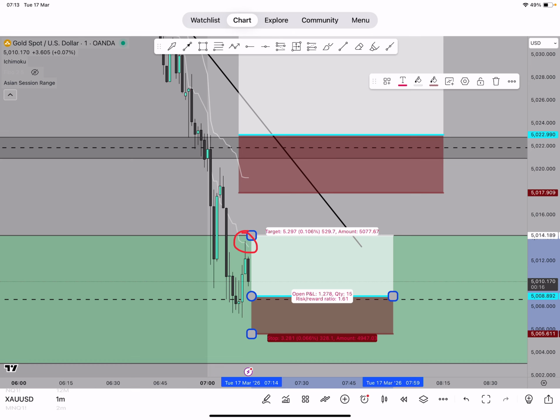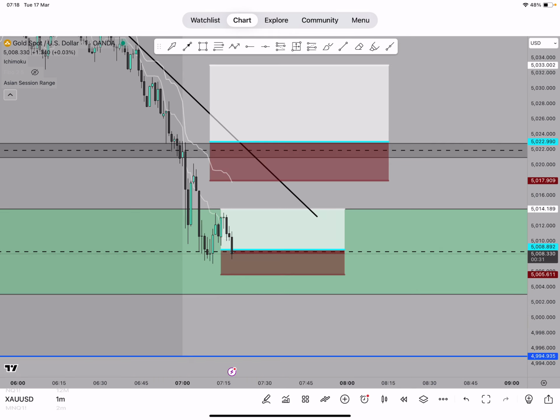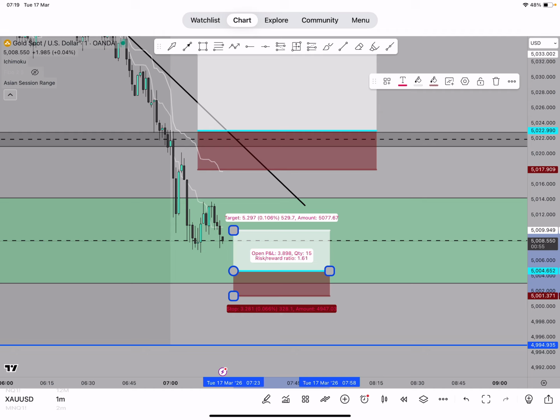As you can see, price didn't break out of the green too much and then pull back. So now there's the third entry. Again, I didn't look to take a buy. This was at 7:19 a.m. I didn't look to take a buy at this point, but you can clearly see that is the area of around